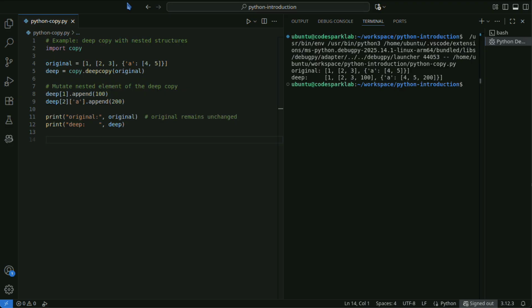Which copy to use should be determined by the object's structure and your purpose. If you do not want changes to internal mutable elements to affect the original object, deep copy is appropriate. This is because it recursively duplicates the entire object, creating a completely independent copy. On the other hand, if duplicating only the top-level object is sufficient and you value speed and memory efficiency, copy, a shallow copy, is more suitable.